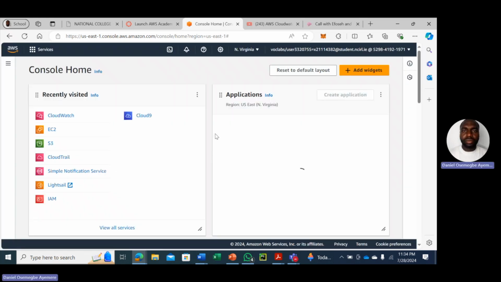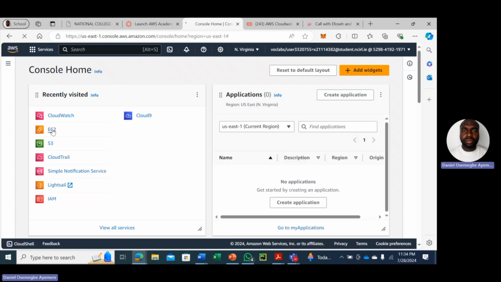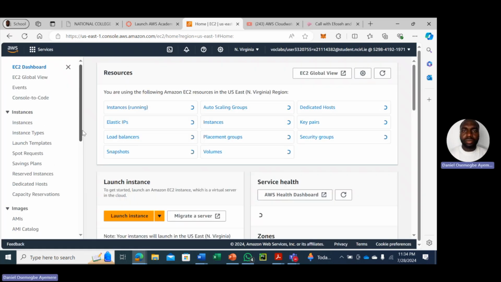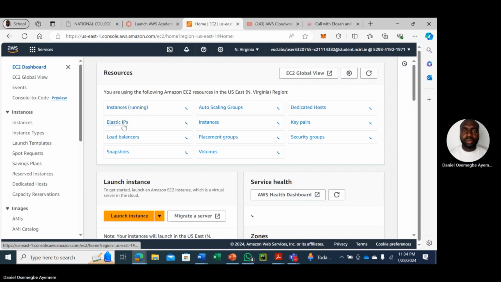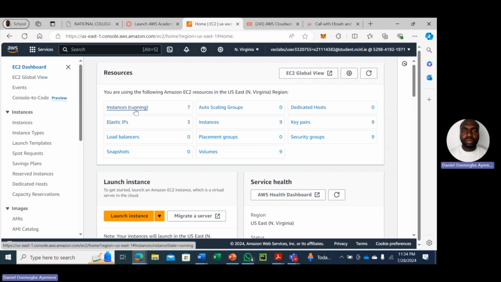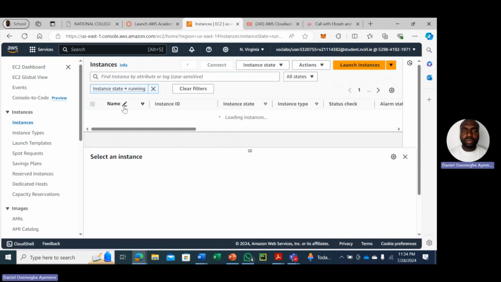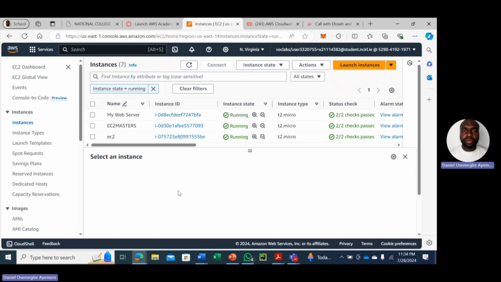First of all, we'll go into the EC2. Whenever we get into the EC2, we are assigned a different public IP address. And in order for that not to happen, we